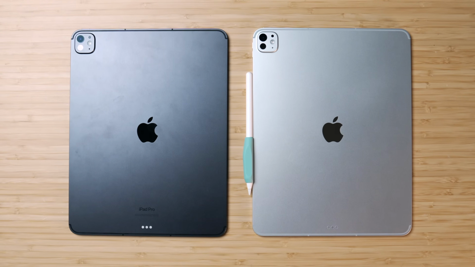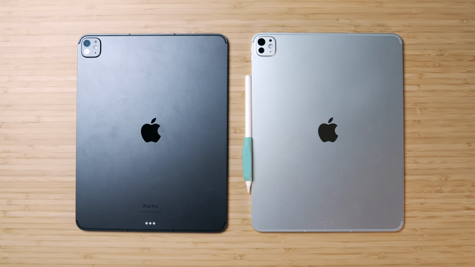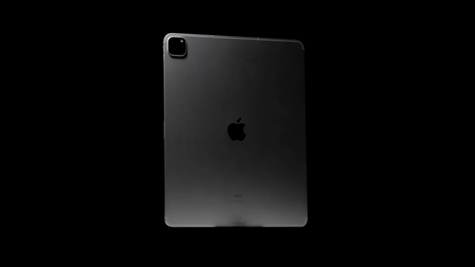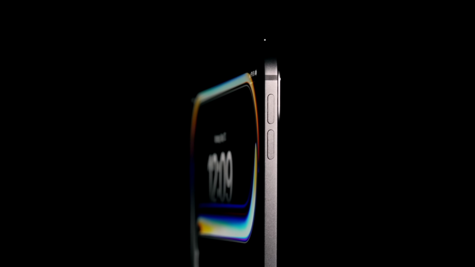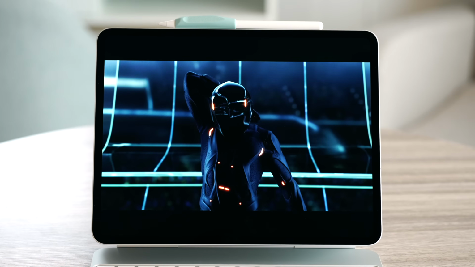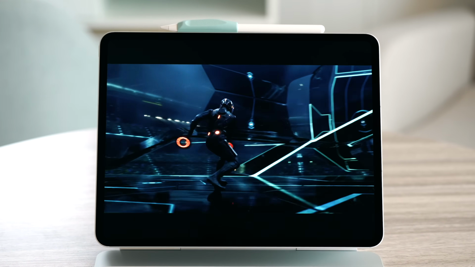Beyond all that though, for the most part, this iPad Pro looks and feels no different from last year's M4 model, which ain't a bad thing since the hardware jump from M2 to M4 was already huge. So we can continue to enjoy it here, especially these gorgeous tandem OLED 11-inch and 13-inch displays,